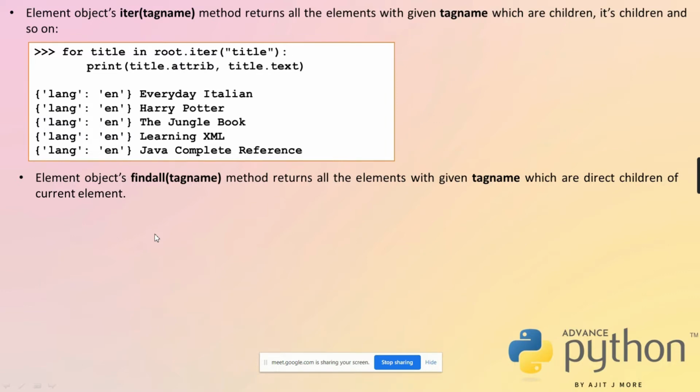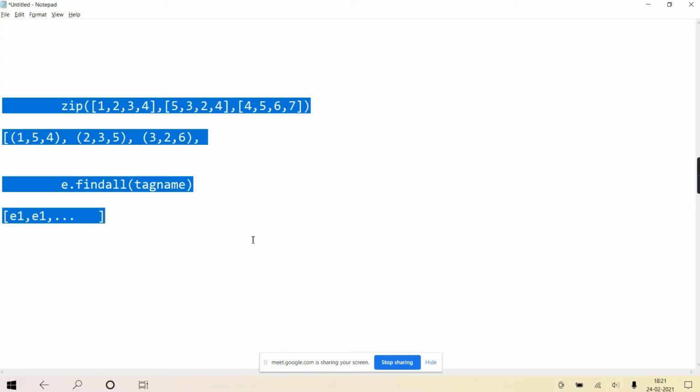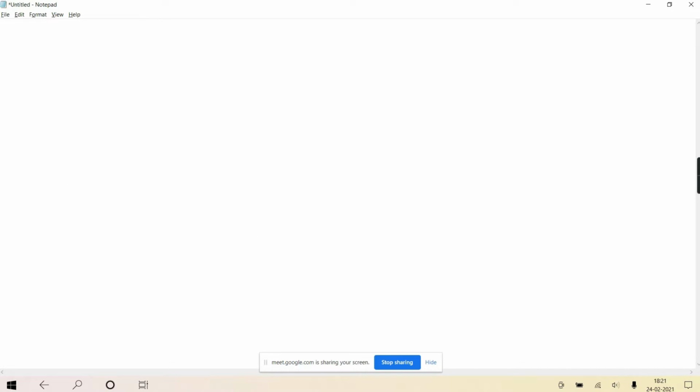There can be many children with the same tag name. I'll show you here. Like you have 2, and then here we have name, slash name. Again one more name is there, and again one more. So there are 3 elements with the same tag name, and all 3 are children of 2.